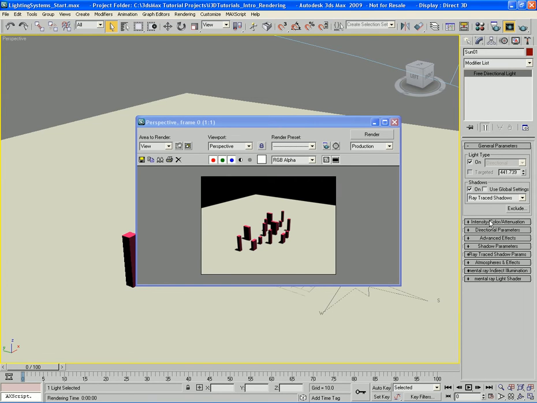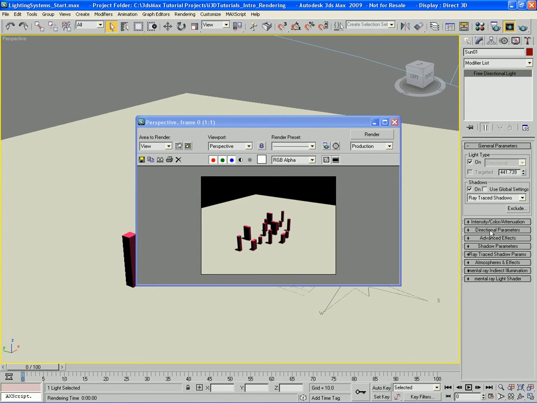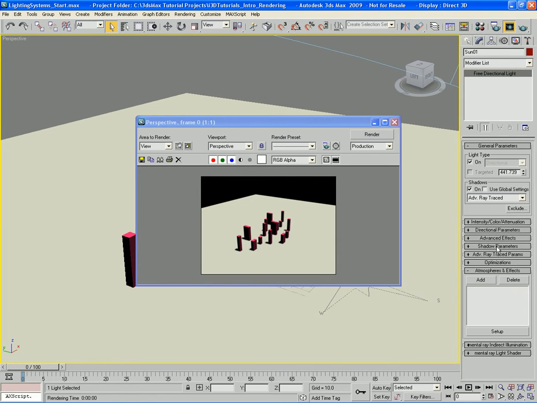And we can also change a few different things here. Let's go ahead and collapse that parameter rollout. We can change some directional light parameters here. We can also go ahead and change the shadows. So we can switch from ray trace shadows to say advanced ray trace shadows. And there we go. Okay. We can also go down here and change the advanced ray traced shadow parameters, and so on and so forth. So all these parameters should look familiar to you because we dealt with these parameters in an earlier video